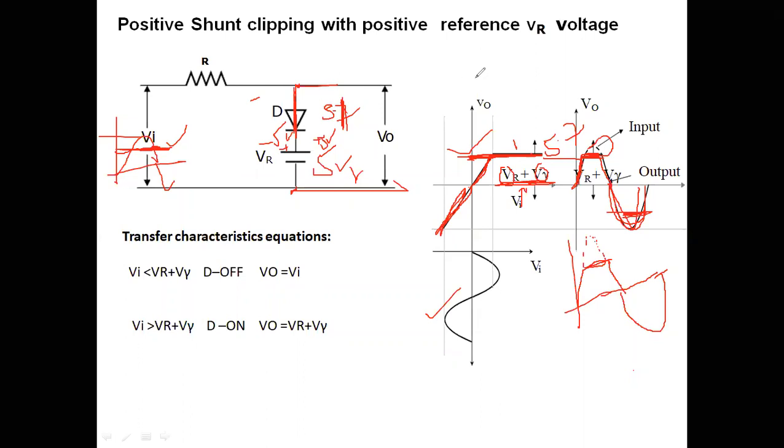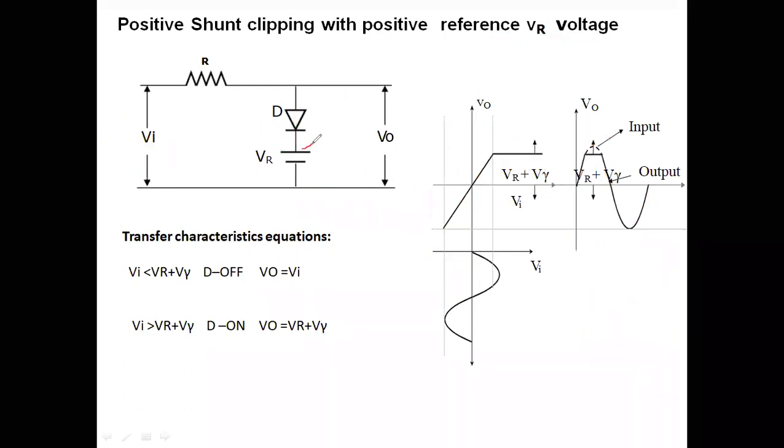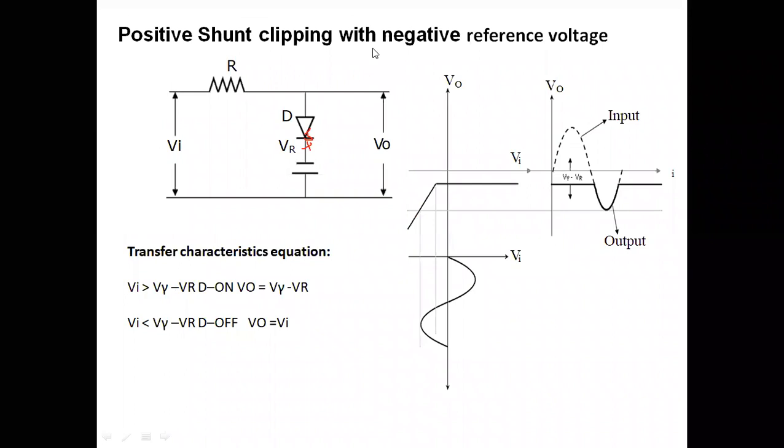If we are having a positive reference, that's why I had mentioned the title as positive reference voltage. Positive reference voltage means for a cathode we are connecting a positive voltage. The positive reference voltage is connected to the cathode terminal. Therefore, it is a positive voltage, 5 volts, we had applied for the diode. If I reverse the terminals, that means I may get a negative. See in this diagram, you can observe I have connected minus to the cathode.